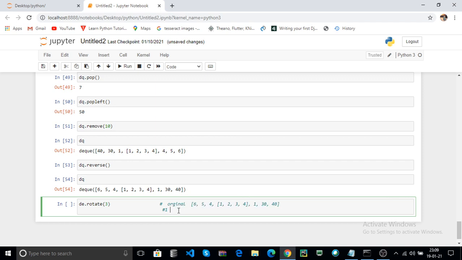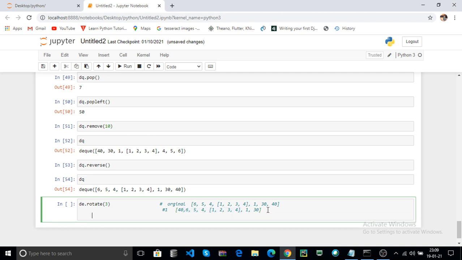In the first rotation, the 40 will be moved to the beginning of your list, and the remaining elements stay the same after the 40.